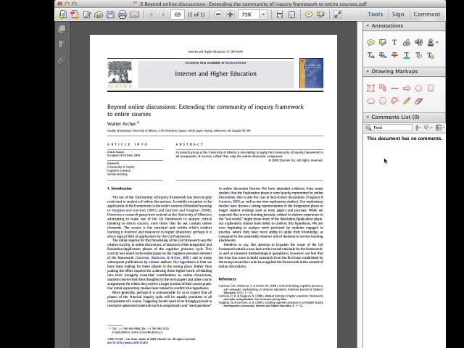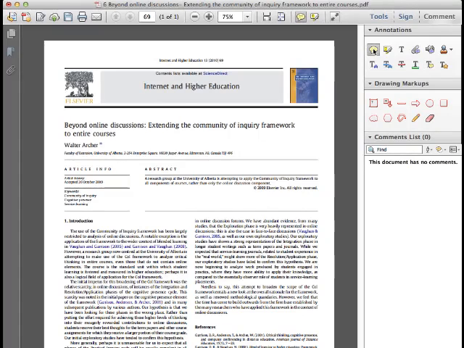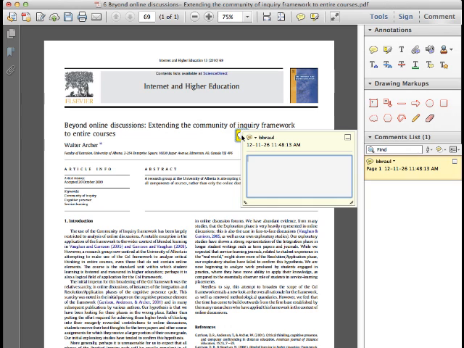So the first tool I'll show you is the sticky note tool. So click on the sticky note icon, which looks like a conversation bubble, and then move your cursor to the document. Click where you'd like to add the sticky note, and a pop-up box will appear. This is where you can type the comments,